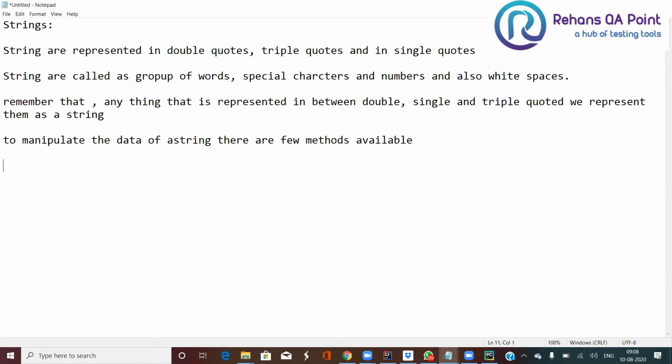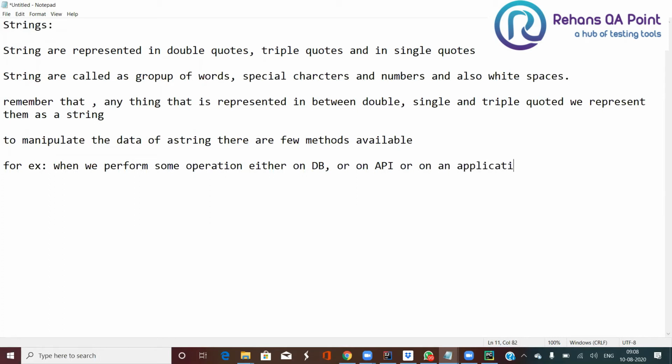So for example, when we perform some operation either on a DB or on an API or on an application, right? We got some data.